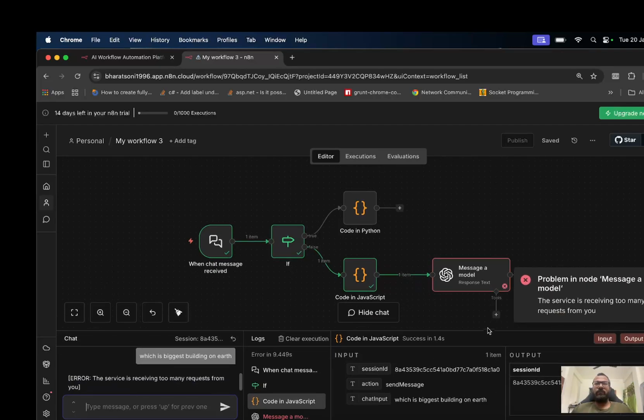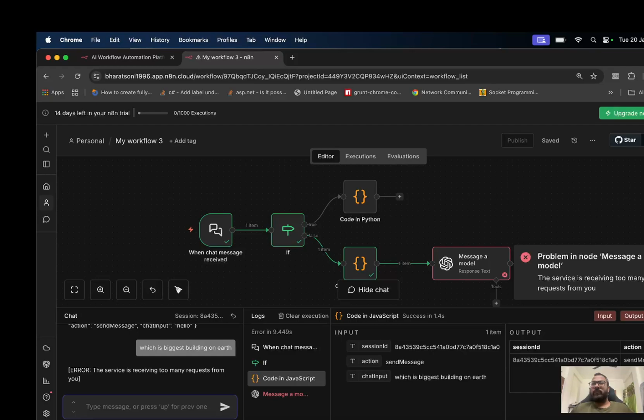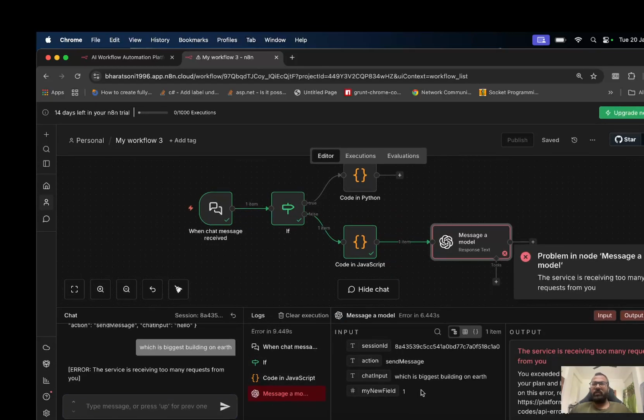In the bottom section you will see how it works. You can see the chat input here, which is biggest building on earth. It triggers the JavaScript, the else condition, and in the message model it trigger